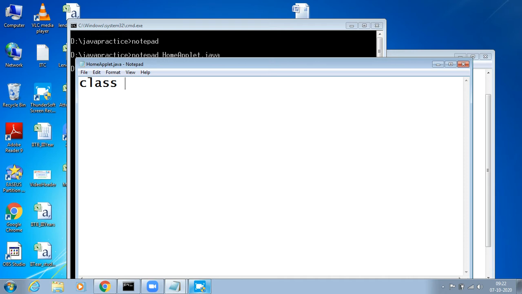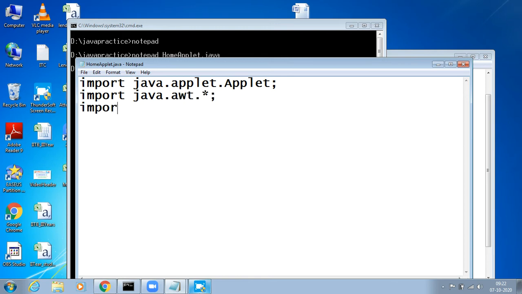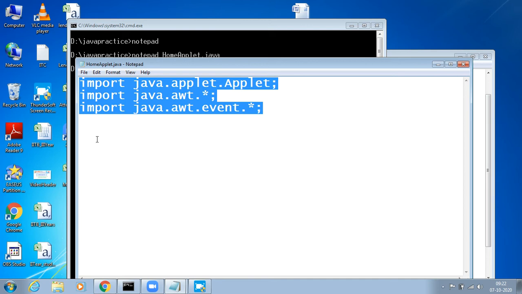So first I said to import, just import them directly. Import java.applet, import java.awt.*, and import java.awt.event.*. People, currently we may not use this event package, but try to get into the habit of using all these things in order not to miss any kind of class.